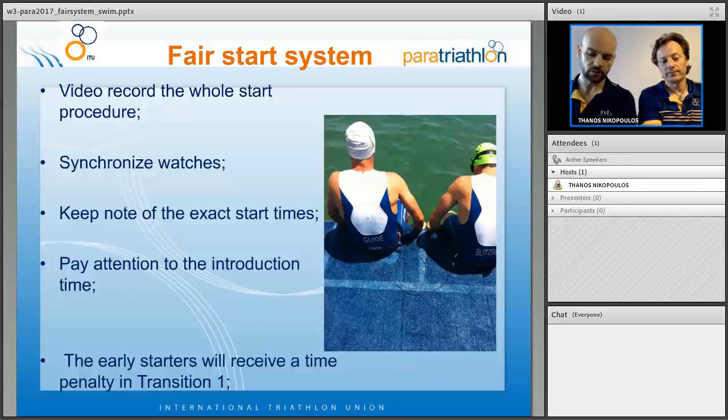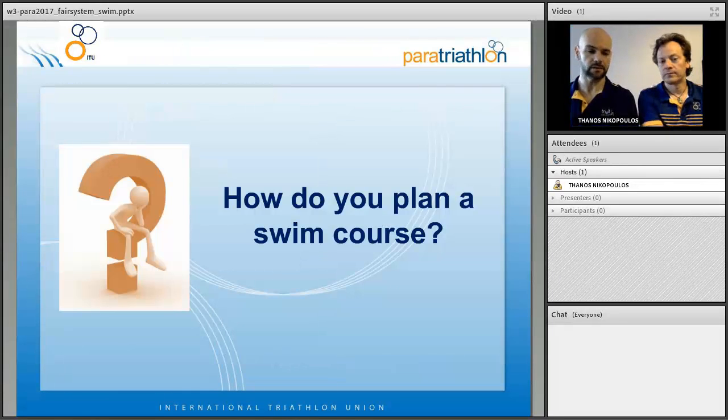Two points to add on what Eric just explained. The staggered start from this year is applicable on duathlon races as well, sprint duathlon races, not only on triathlon. So you saw the tables before with the difference on the times. The second thing is that in order not to have any delays on the introduction and not to take any chances, we introduce all the athletes of the VI category or the HC category together. The only thing we are asking is that the athletes who will start with a delay just wait on the pontoon, so we don't have any problem with the introduction of these athletes.